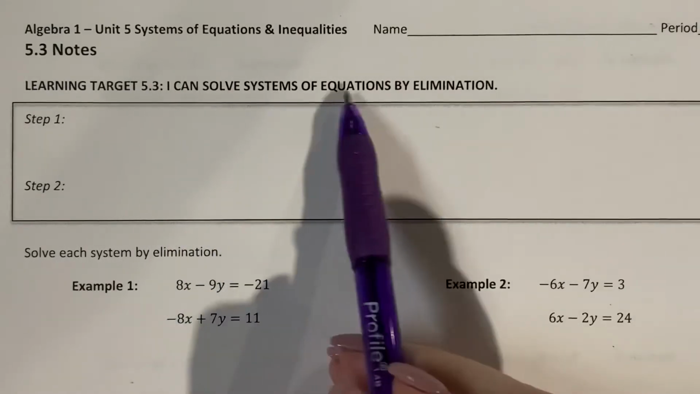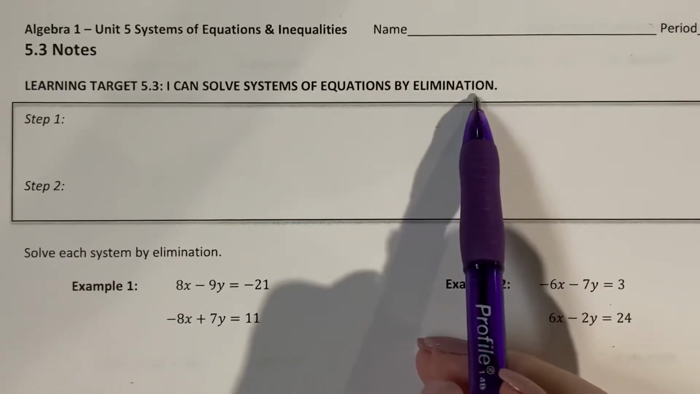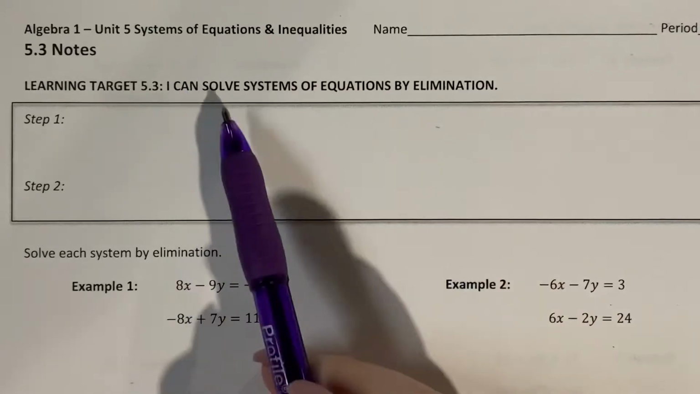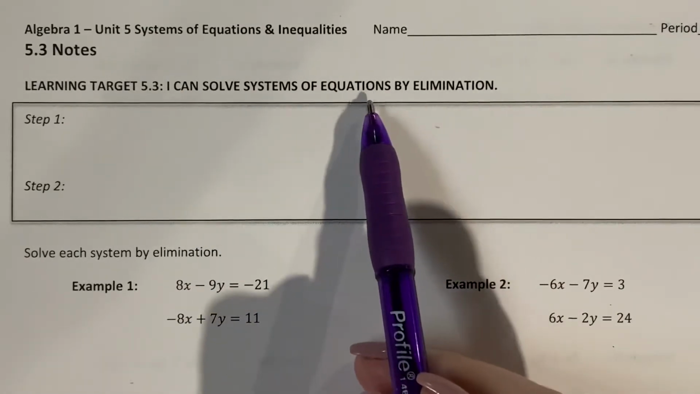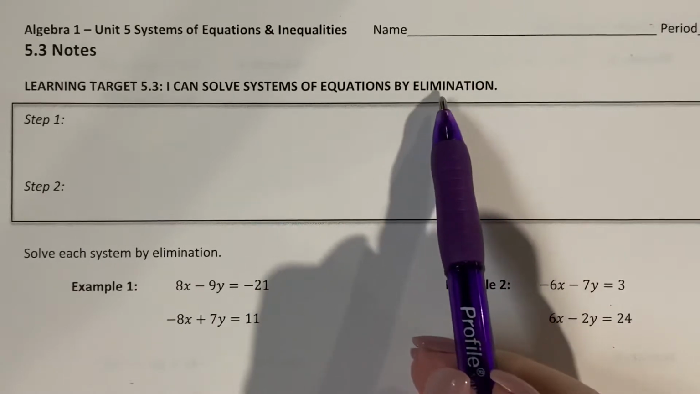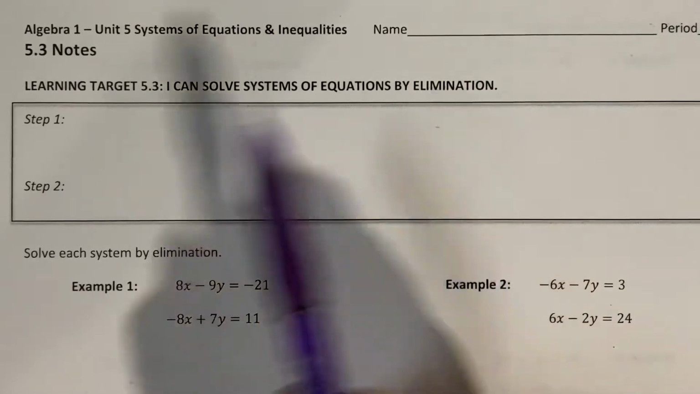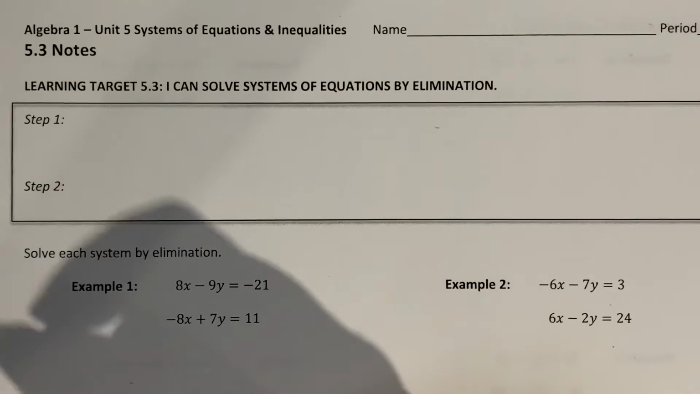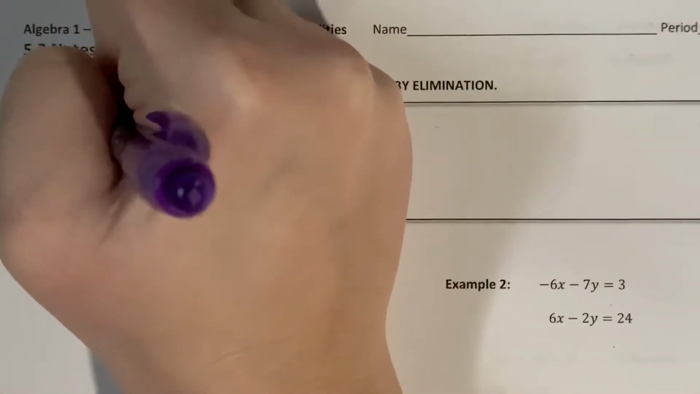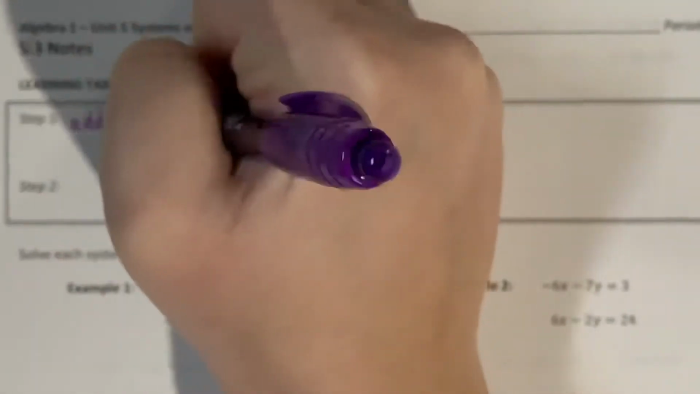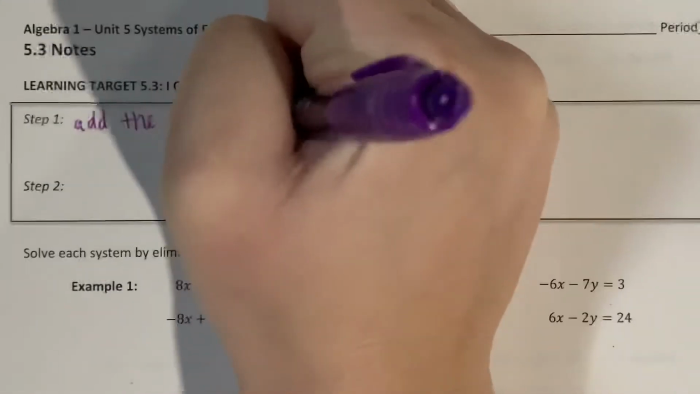I can solve systems of equations by elimination. We have previously looked at solving systems of equations by graphing and by substitution, but now we're taking a look at a third method called elimination. So our first step is going to be to add the equations vertically, which may sound funny, but we're going to add the equations vertically